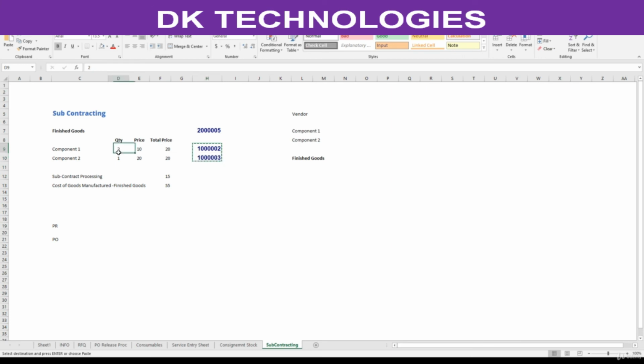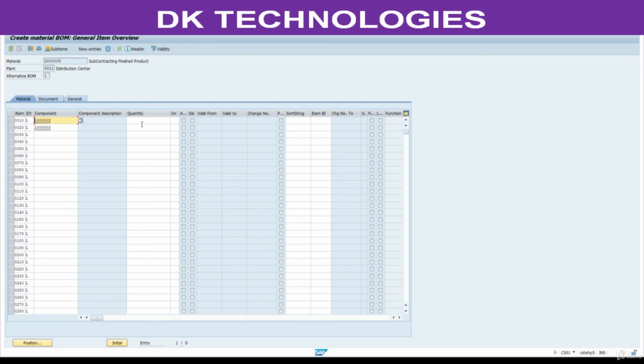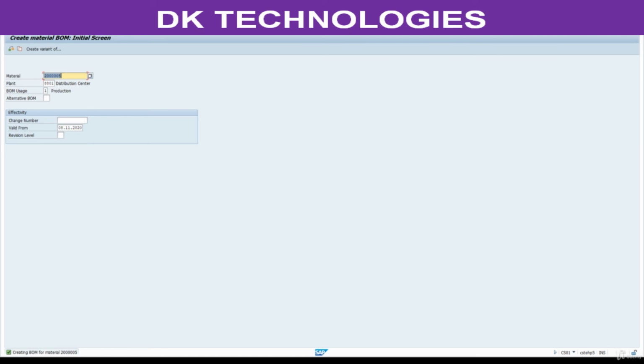Whatever is maintained in Excel, we are doing the same way in SAP. To manufacture this product, I need component 1 with quantity 2, and component 2 with quantity 1. That is what we are maintaining here. Press enter, save this. We have successfully completed up to here. In the next session,